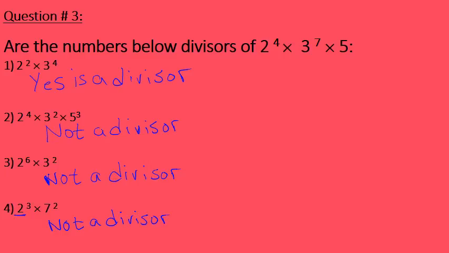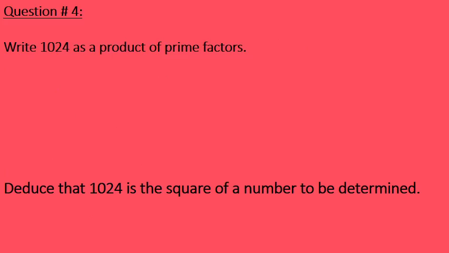Any question? No. Question number 4. Ali, we should write 1024 as a product of prime factors. We do the prime factorization method or the vertical method. So we should write 1024 and a vertical line. Yes, Ali. Start. Can we divide 1024 by 2? Yes. If we divide it by 2, the answer is